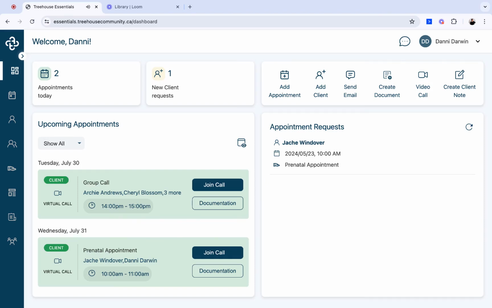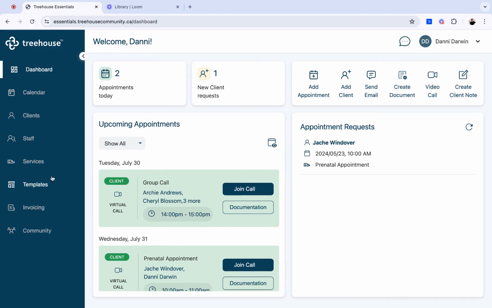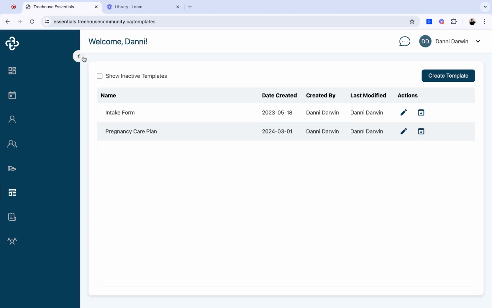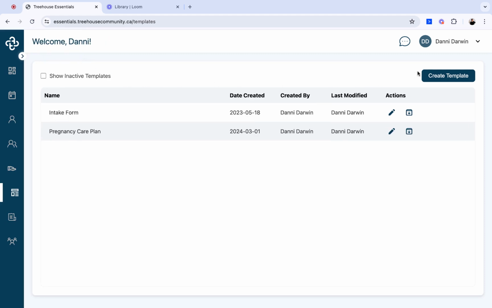In this video, I'm going to show you how to create a custom form. From your dashboard, you're going to navigate to the Templates tab on the left-hand sidebar. From here, you're going to go ahead and click on the Create Template button. You can also see on the screen that if you have previously created any templates, they're going to display in